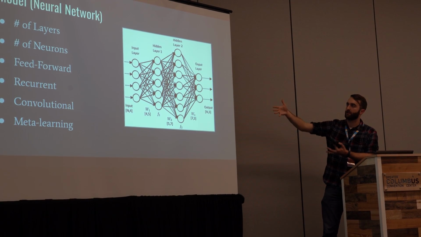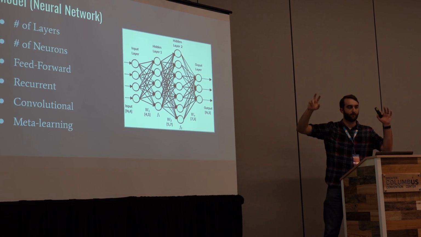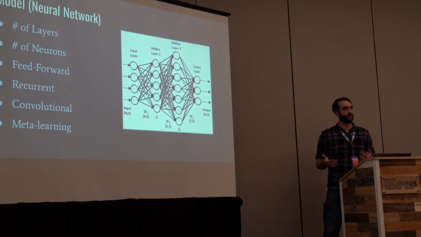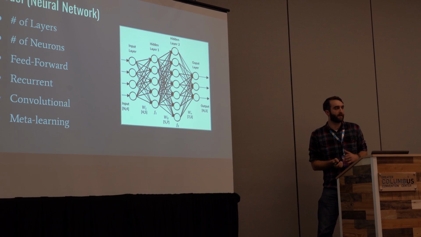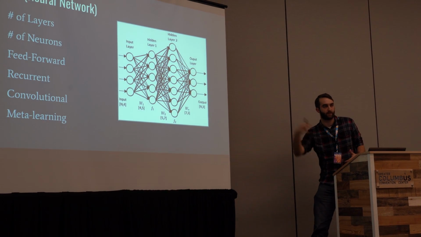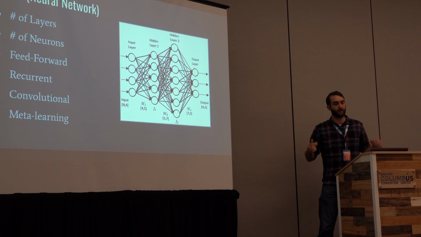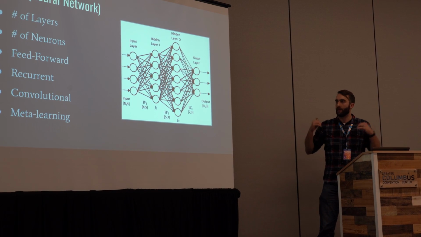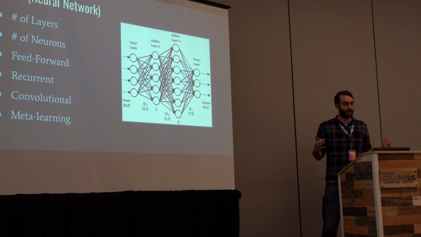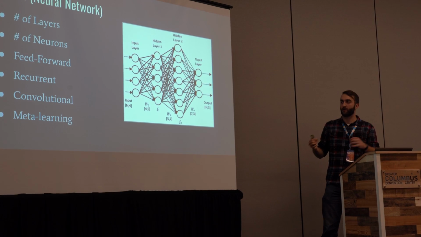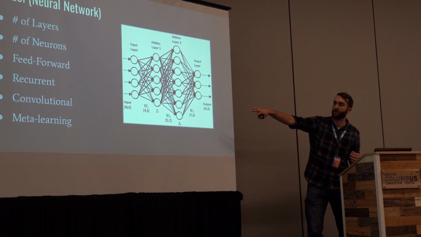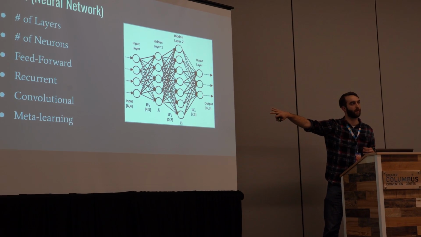So with this version here, where it's feed-forward, it has no recollection of time. It doesn't know what happened a moment before or what's going to happen in the future. It just knows that right now, at this moment, there are enemies in front of me and I need to fight them. If you wanted to include time, you would have to use something called a recurrent neural network, where